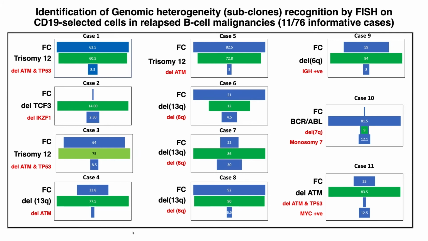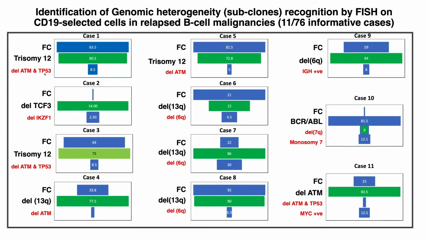In the present analysis, we have identified the clonal heterogeneity in 11 out of 76 informative cases. The subclones which were identified in these 11 cases are the following. They are shown individually, and the subclones are indicated by red